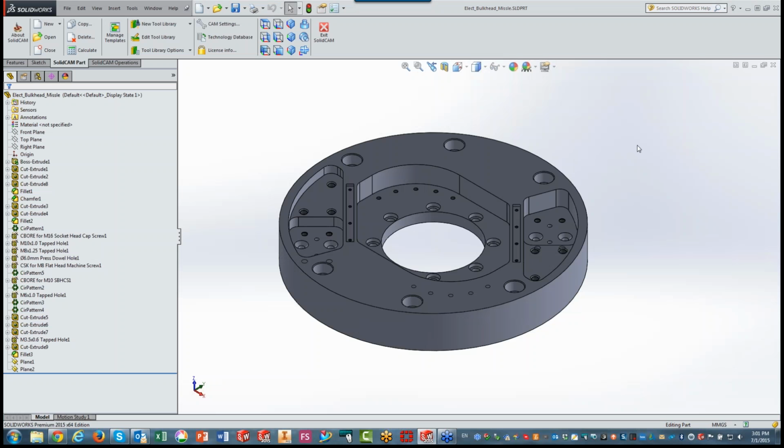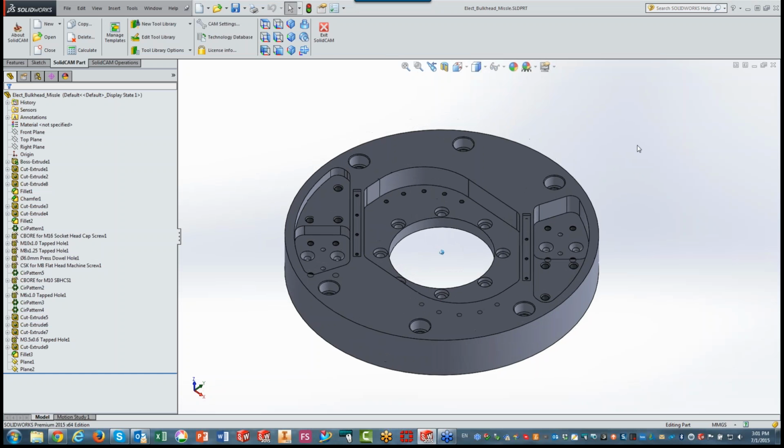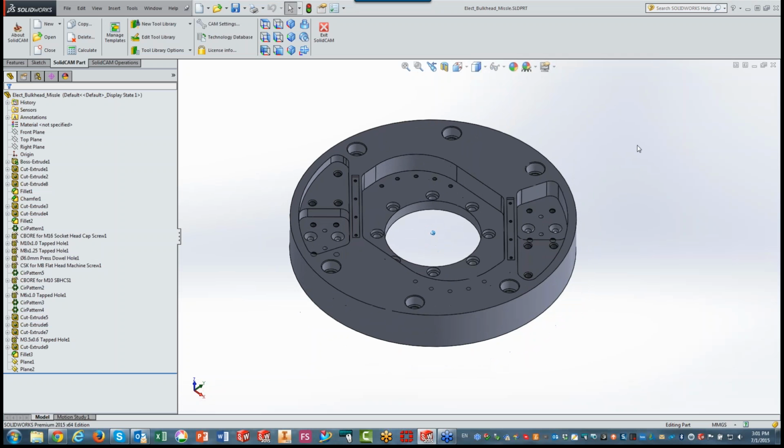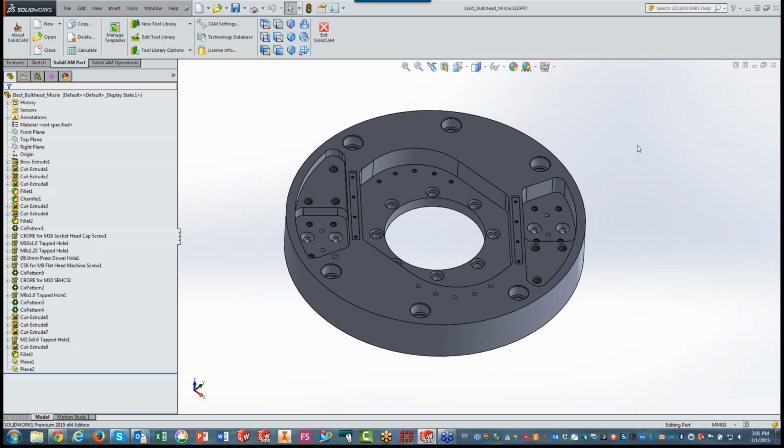Now, let's first start with this part. What I'm going to do with this part, I'm actually going to start by defining a home position and doing all the things that are necessary to get this part started off. In fact, do some machining around it as well, and then we'll deal with the Hole Wizard. Now, note, the Hole Wizard operation is specifically meant for parts in SolidWorks that were created